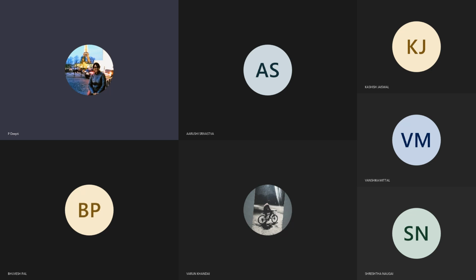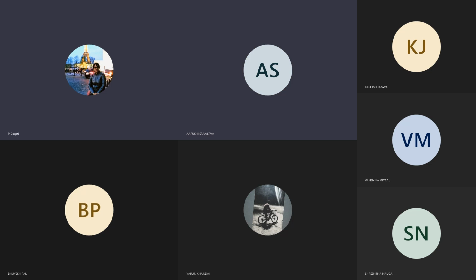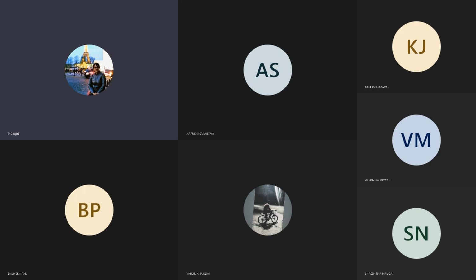Next, okay, got it, thanks. So Varun has understood the difference between sort and reverse. The way of representing sort is nice. Yes, Kashish, indeed, Arushi, the way you have taught sort is something which is amazing, really amazing. Nice presentation. Thank you. Bhuvesh, thank you. The presentation is really nice. Yes, Bhuvesh, and I expect similar presentations from you also.